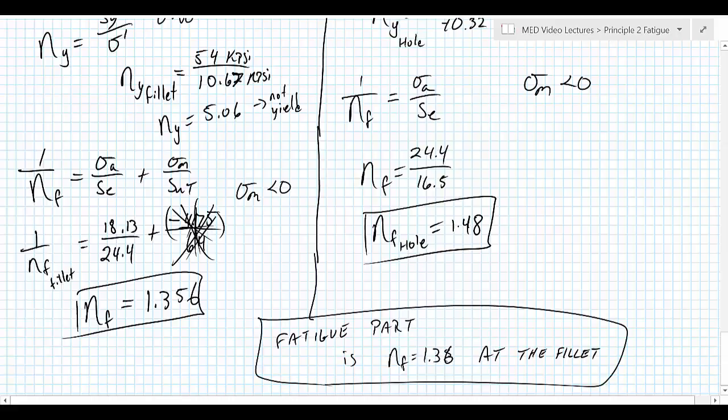And that basically wraps up this problem. What we've done is we've looked at a fluctuating load in uncertain locations where we had to look at at least 2 locations. If you have a much more complicated part, you may have to look at more locations. But for this situation, the 2 was enough. We figured out the material properties. We modified the hypothetical endurance strength with the Marin factors. We determined stress concentration factors at both the fillet and the hole, applied those stress concentrations to our mean and amplitude stresses, and then applied both the yielding failure criterion as well as the Goodman fatigue failure criterion, and identified which is more likely to break. From our analysis, we would say that it's more likely to break at the fillet, but we have at least